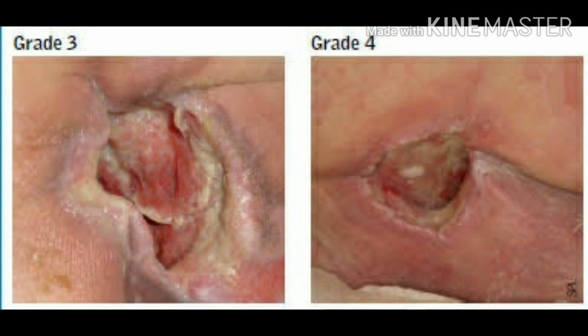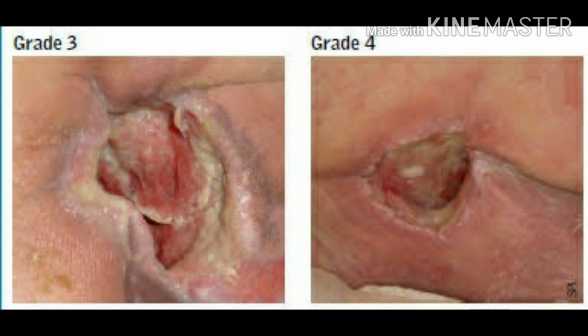This is how grade 3 and grade 4 bed sore appears clinically. In grade 3, you can see there is full thickness skin loss leading to necrosis of subcutaneous tissue extending down, but it has not breached the fascia.